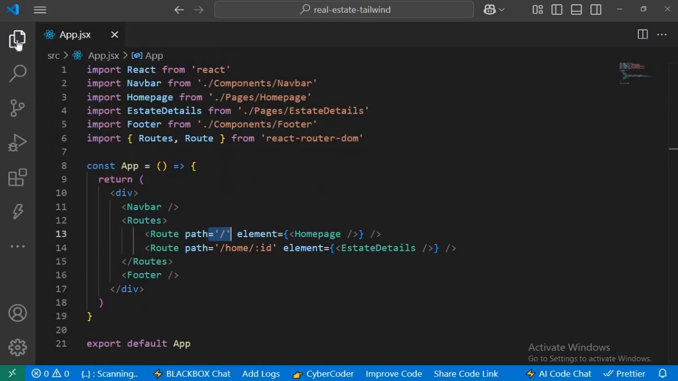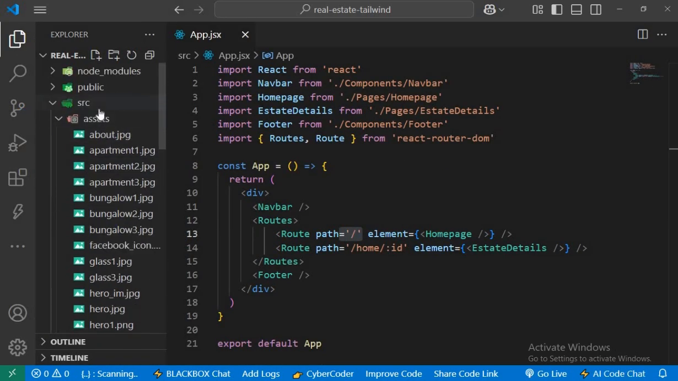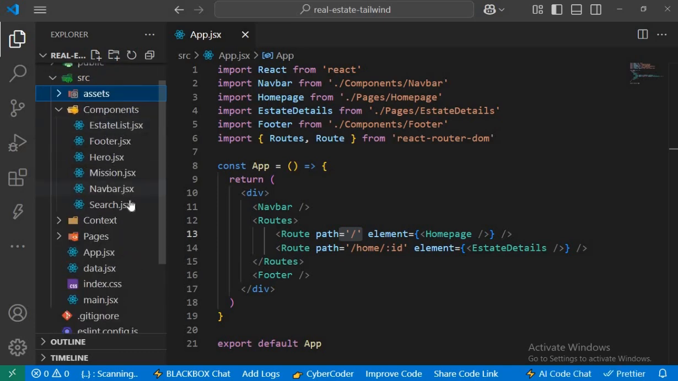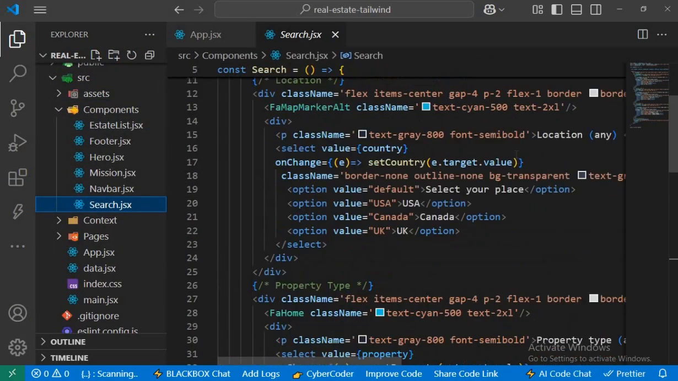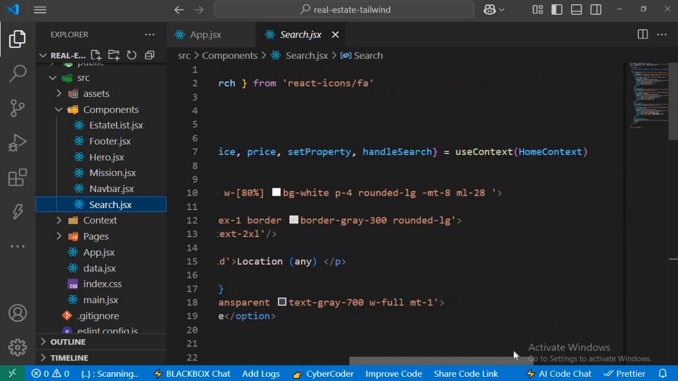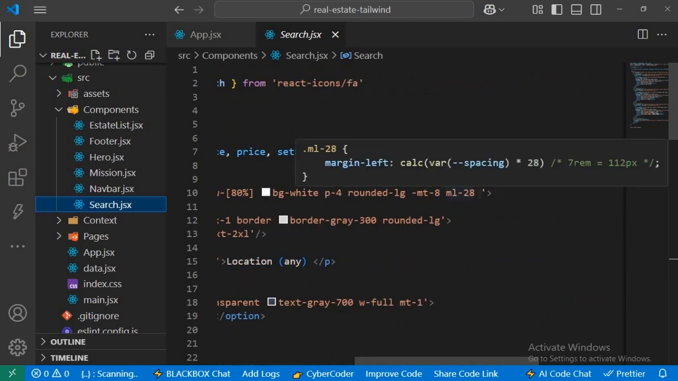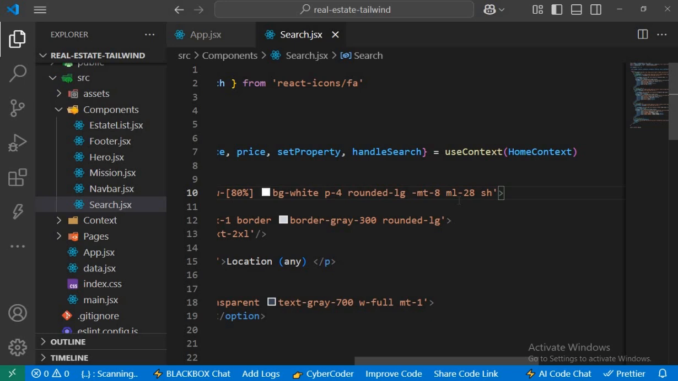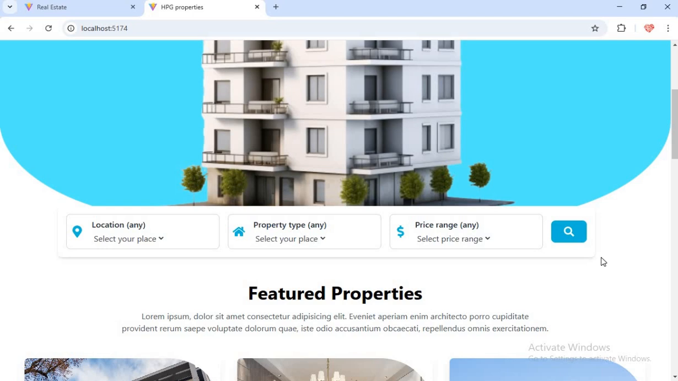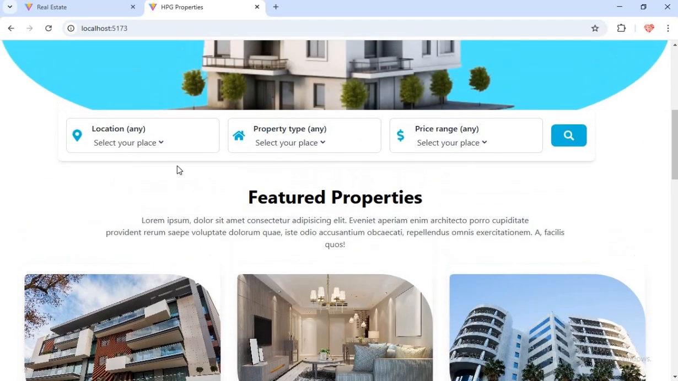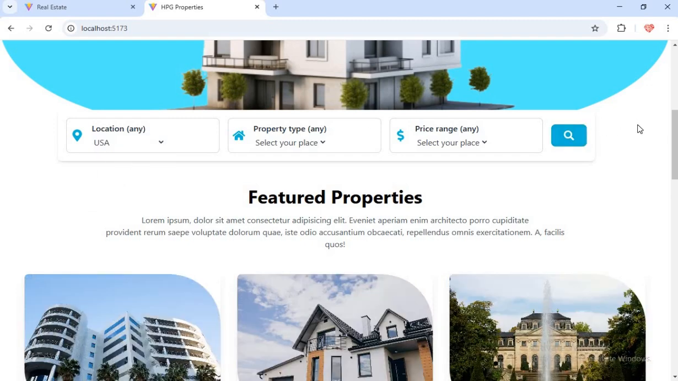So I'll close this footer, open the search. Let me close the assets folder. Now the search, and right here we're going to have a shadow. So shadow-md. So we have the shadow here, so we can select different property, we can filter, we can just do whatever. So we can search, we can filter, we can select location, USA, and we're just going to have properties